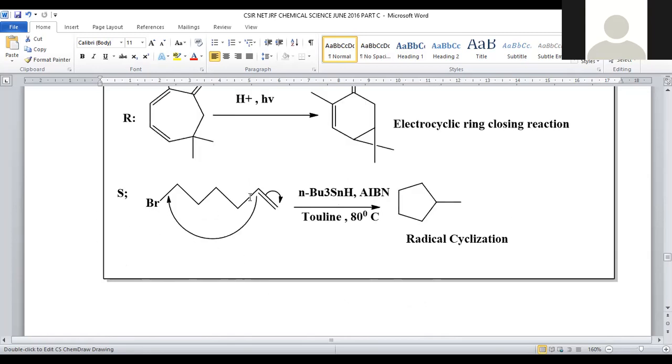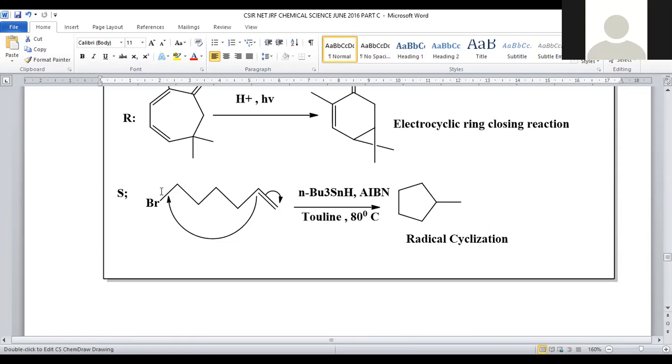And in the S, we are taking olefinic double bond at one terminal, and bromo group at the other terminal, they get cyclized in such a manner in the presence of tributyl tin hydride, in the presence of AIBN. AIBN is specific for free radical mechanism. All the bonds will be cleaved in the homolytic fission manner. So bond fission is homolytic, the corresponding intermediate will be a free radical, so the tributyl tin hydride reaction will be facilitated in the presence of AIBN.